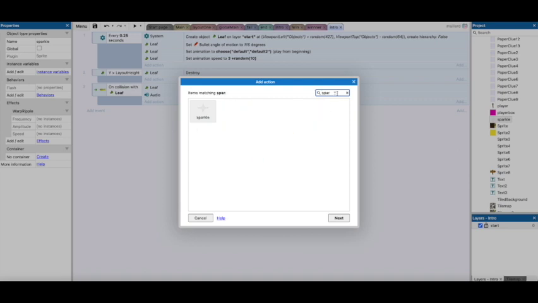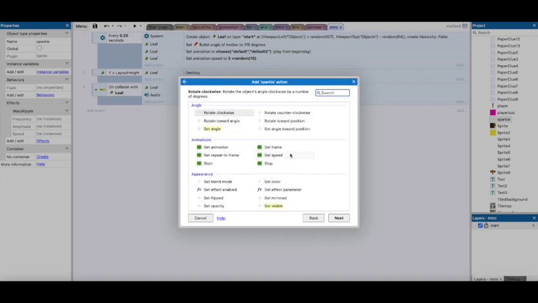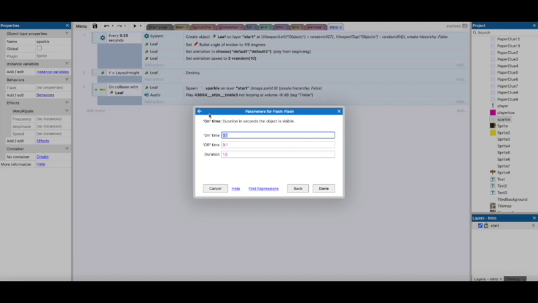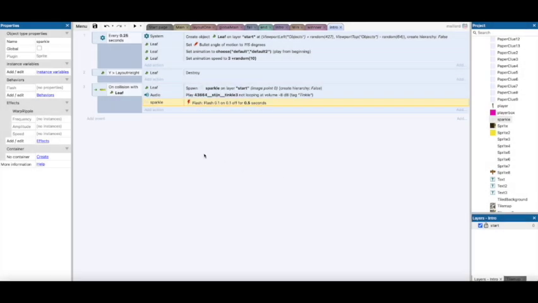So sparkle, and I want it to flash. And I want it on for 0.1 of a second and off for 0.5 of a second. So we get these nice little flashes. And then I want to get rid of the leaf because it's attached to it. So in fact, I don't need to do that. I can just copy destroy here, copy, leaf destroy, and then